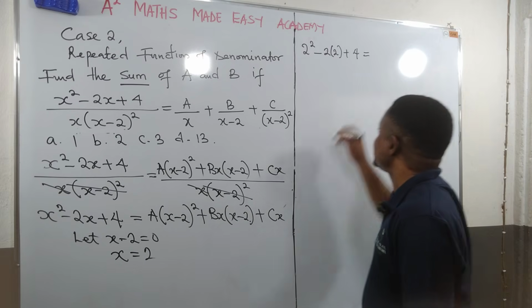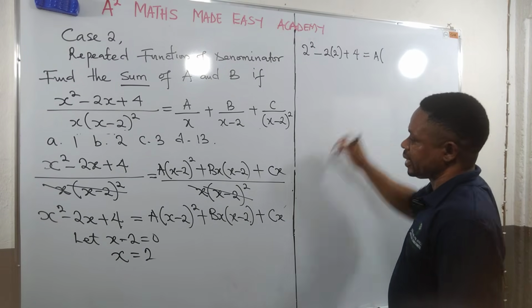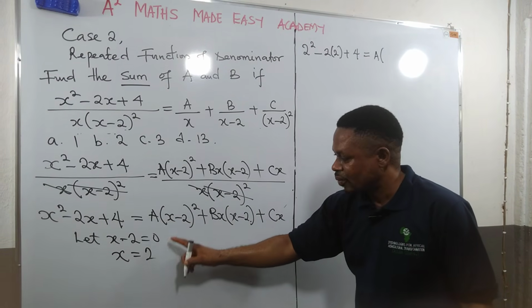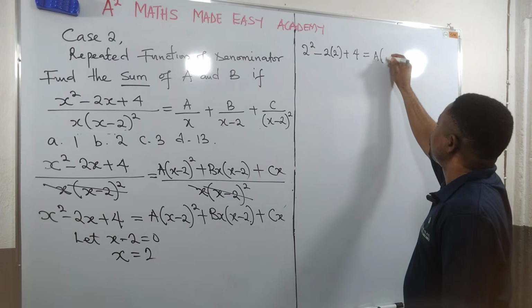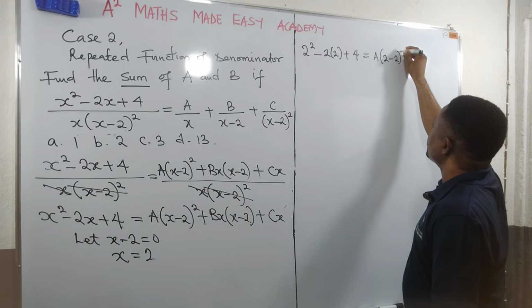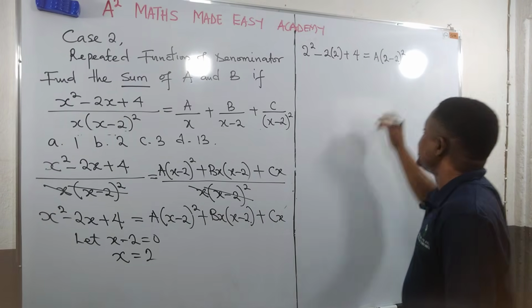Go to the right. Then watch. Here is a. I will open the bracket. Look up, there is x. What is x? 2. I will write 2 minus 2, but all squared. Then plus